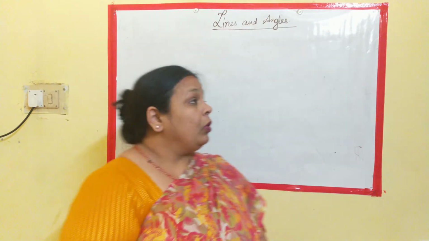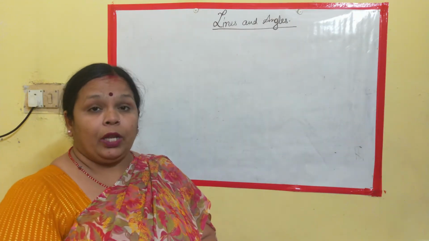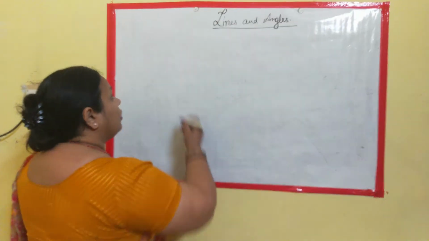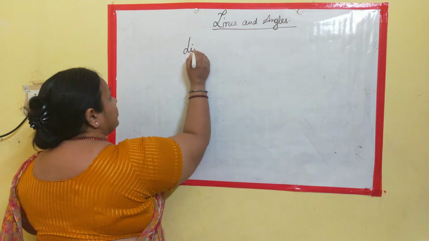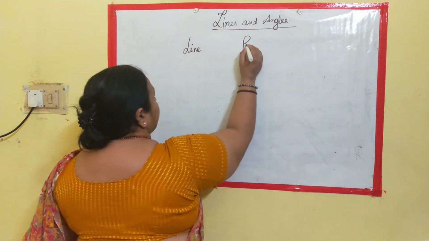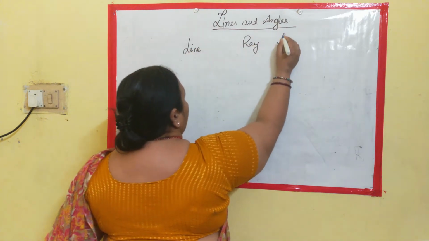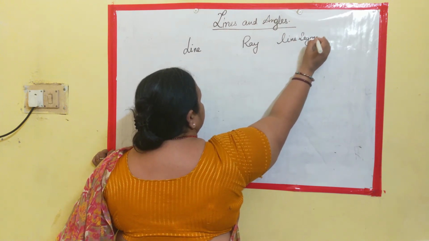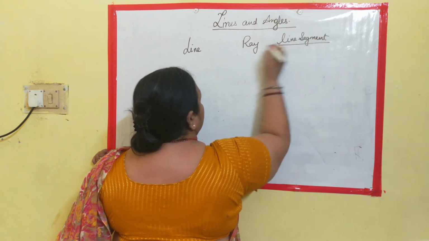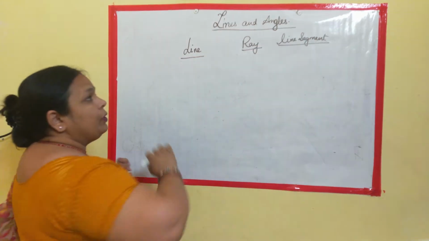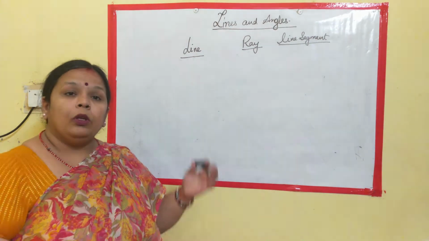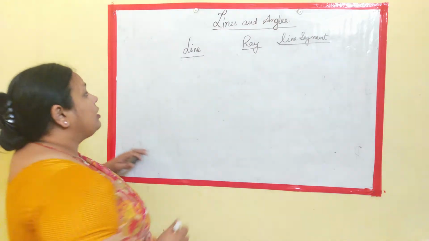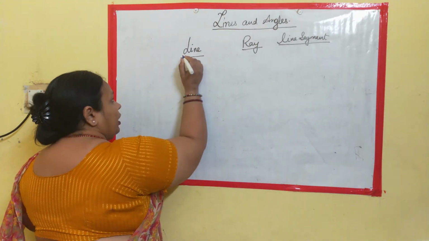Clear? Now when we talk of a line, we will take 3 things: line, ray and line segment. Before starting, I told you we are going to discuss very few common points which we already know. We will be just recalling it. Now what is a line? Line,